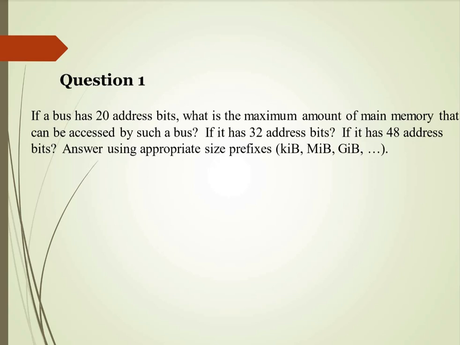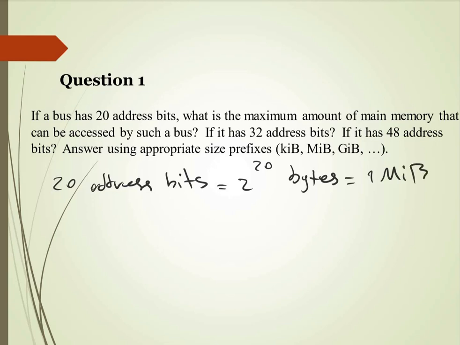So basically, we know that memory is sized in powers of 2. If we want to address with a 20 address bits processor, we can access that space with 2 to the power of 20 bytes. So there are 2 to the power of 20 bytes of space available with this number of address bits, which is equal to 1 MiB. The same applies for 32 address bits,